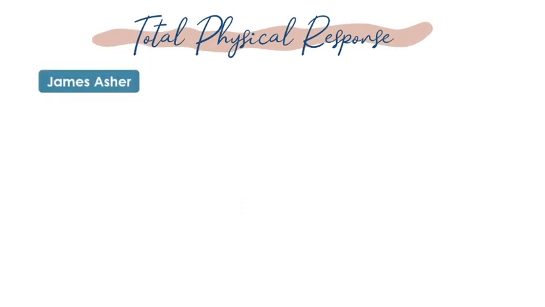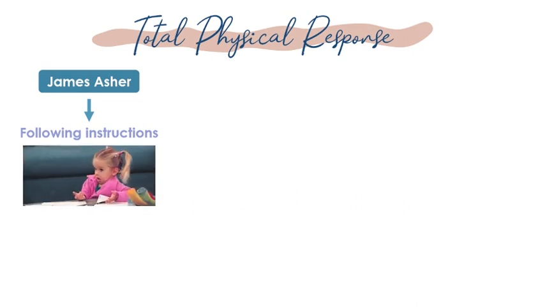So the Total Physical Response was first proposed by James Asher. And Asher thought that the fastest, least stressful way to achieve understanding of any target language is to follow directions given by the language instructor. This means the teacher. Of course, without native language translation. So these directions are meant to be in the target language. And James Asher also believes that the